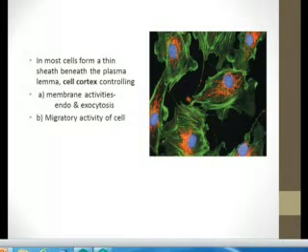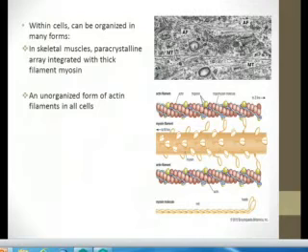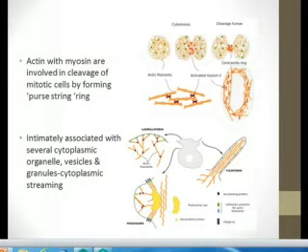This is basically the cytoskeleton, or the cell cortical cytoskeleton, actin filament, which is raising that foot or the appendage of the cell to move it towards the site. So the two forms are there in the skeletal muscles and in the form of the cell cortex, and the third one is an unorganized free form, and the fourth one is actin filament involved in